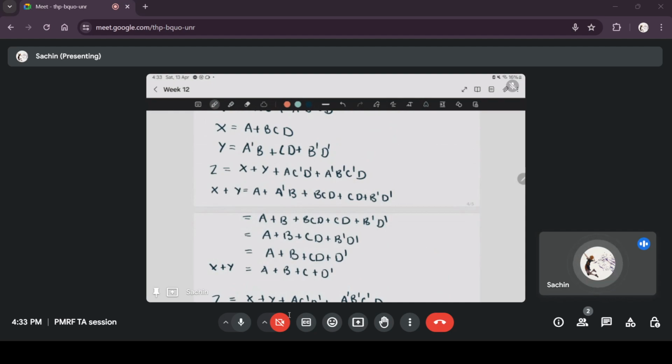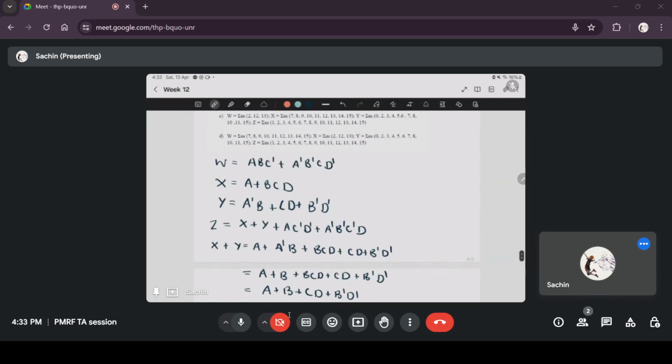Then you can write W in the canonical sum of products form. It will become AB C bar D plus AB C bar D bar plus A bar B bar C D bar, and